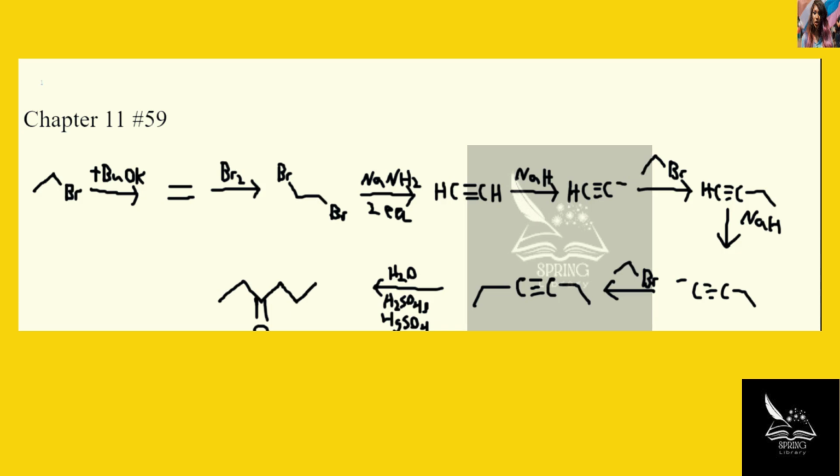Yeah, and so since we were limited to starting only from ethyl bromide, we just had to get from ethyl bromide to acetylene, and then from acetylene, we could deprotonate that to make the acetylide ion, and then use that with 2 equivalents of ethyl bromide sequentially to build our 6-carbon chain, and then just install our ketone. And that's the answer to